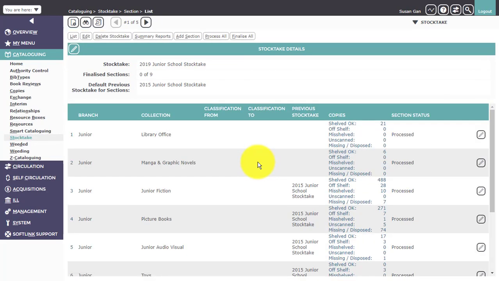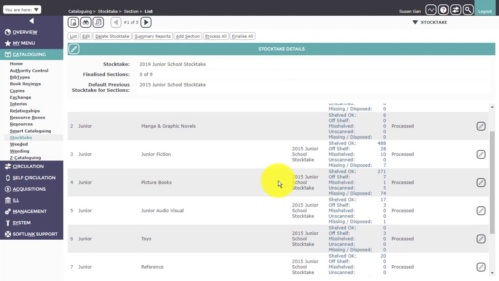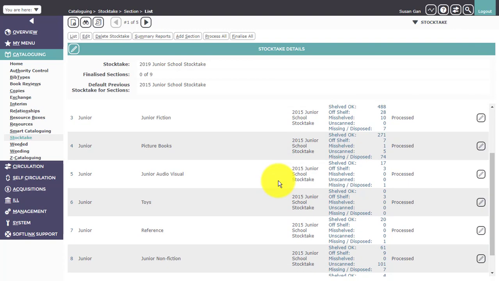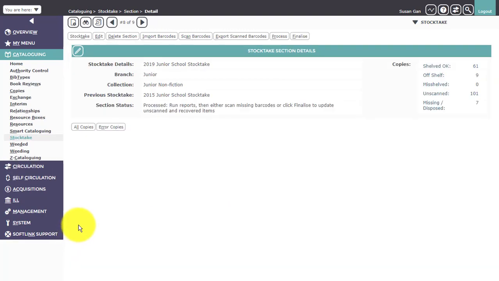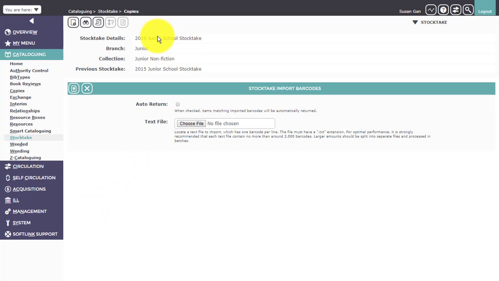If you manage to locate unscanned copies from any of the sections, you can return to the Stocktake section and scan the barcodes in or import them. I will import some barcodes we managed to track down to the Junior Nonfiction section. Click on the number to the left of the Junior Nonfiction section. Click Import Barcodes. Browse to the file you need to load